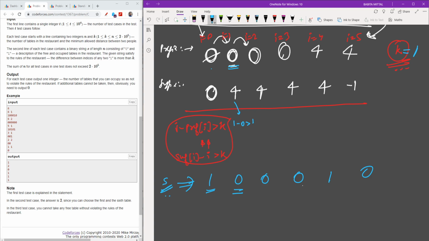Let's move on. Here it is 2 minus 0, which is 2, which is more than 1. Fine. 4 minus 2, which is 2, which is more than 1. So it is fine, I can update it, so I will update it as 1. Now let's move on to the next index. Here I have 3 minus 0 as 3, which is more than 1, and now I have 4 minus 3, which is 1, which is not more than 1, so I will not update it.